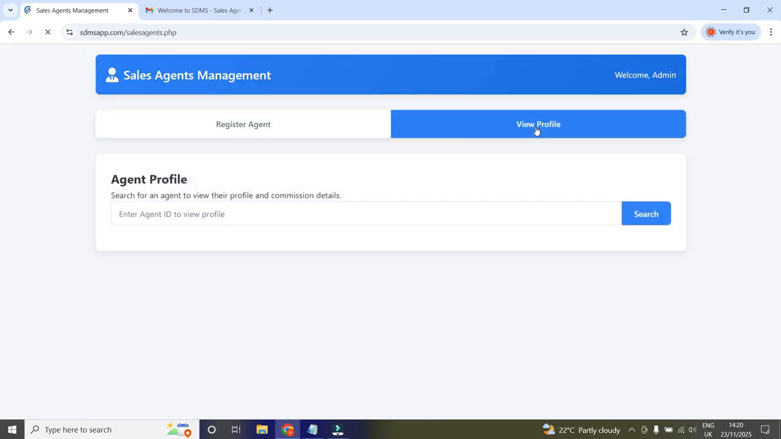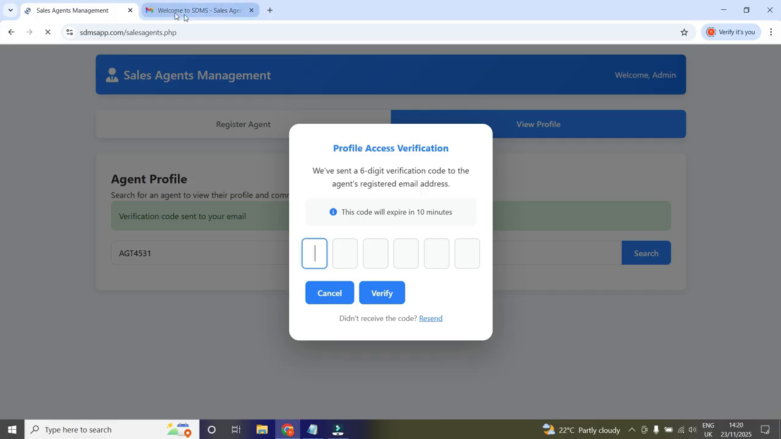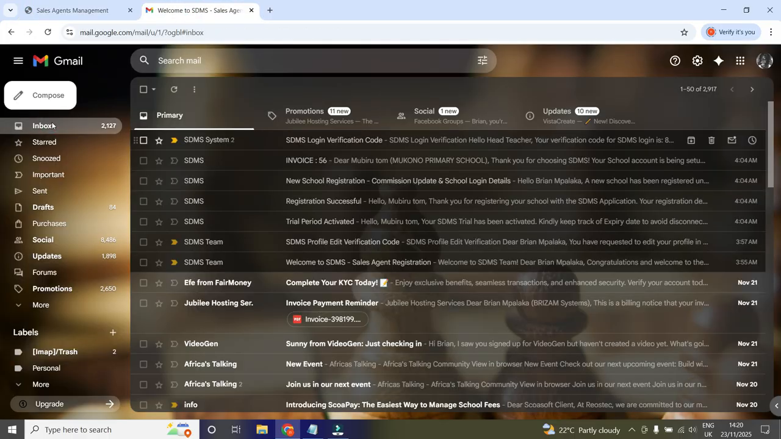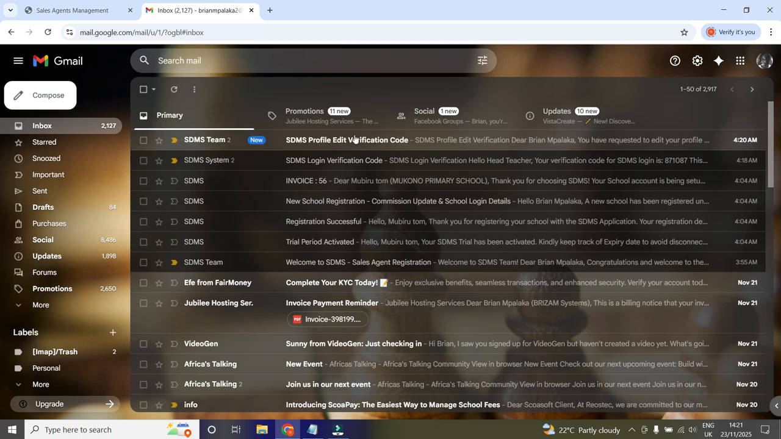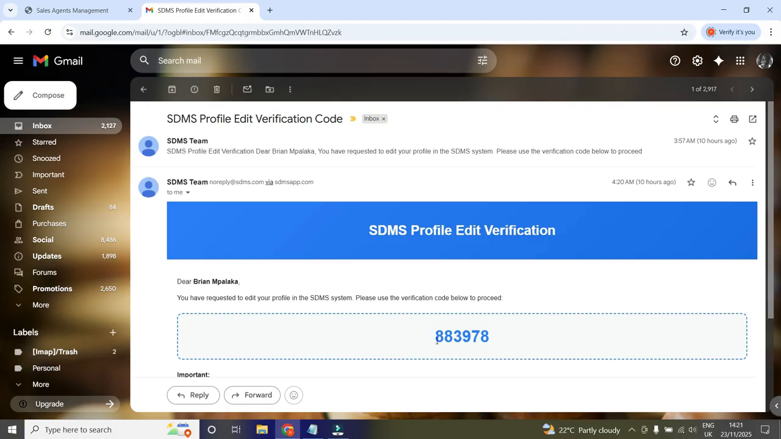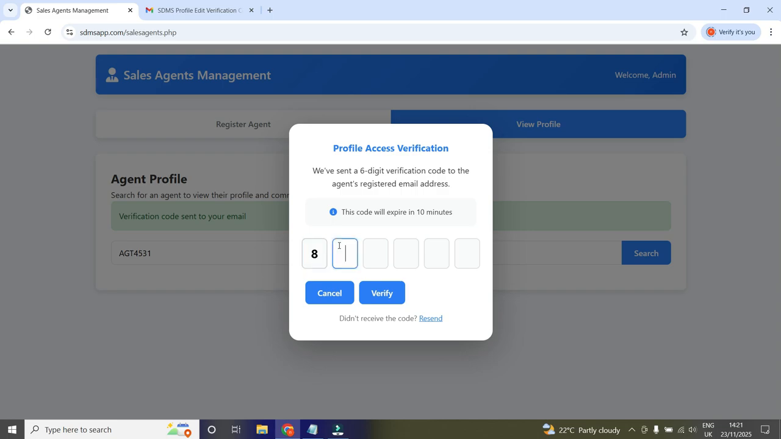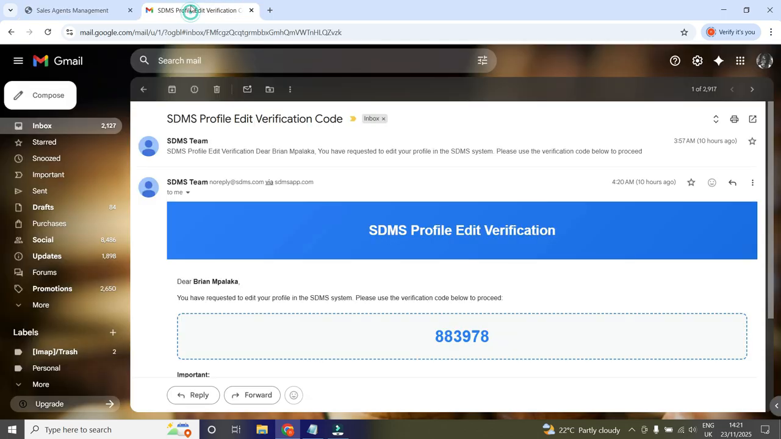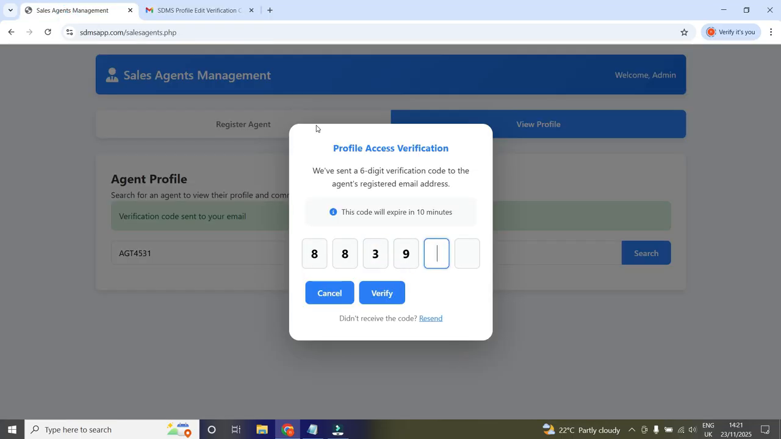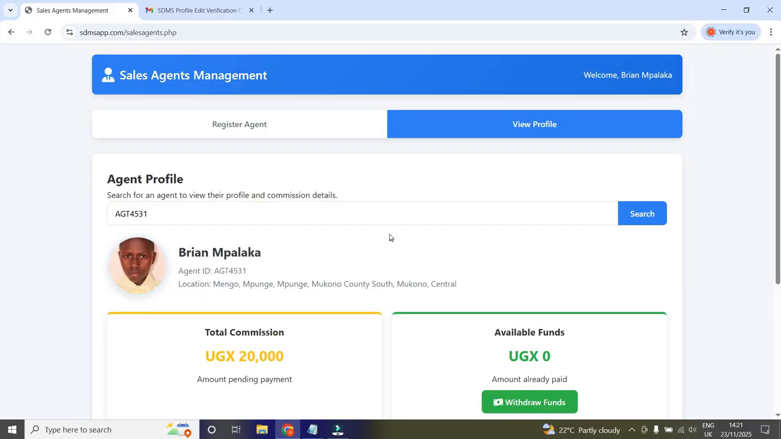When I come to view profile, I put my agent ID, search over here. The verification code is sent. I come back to my email. This is the code that has just come. I'm supposed to copy this, 883978. I verify, and boom,